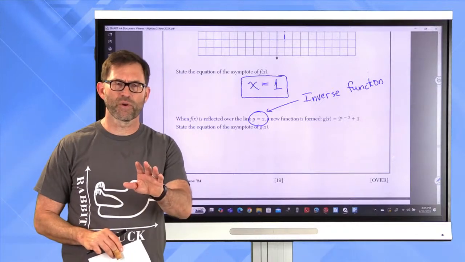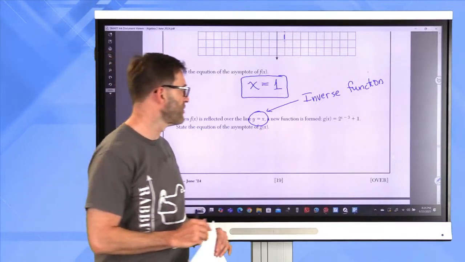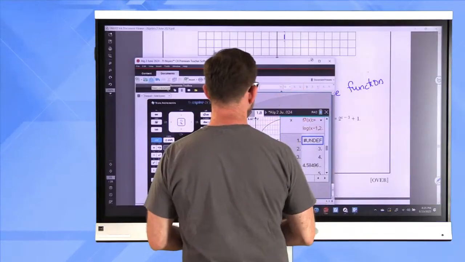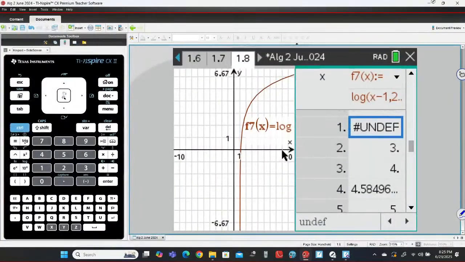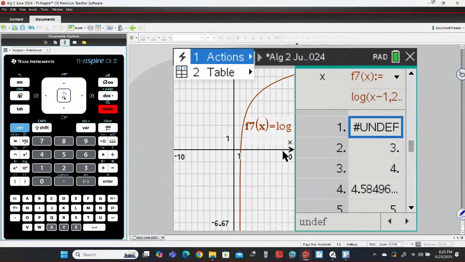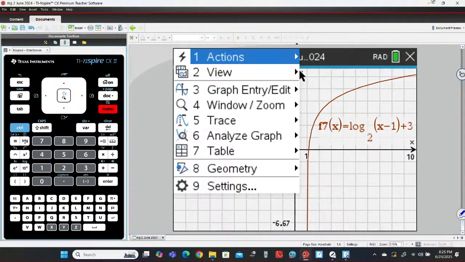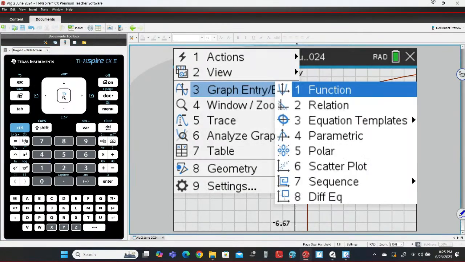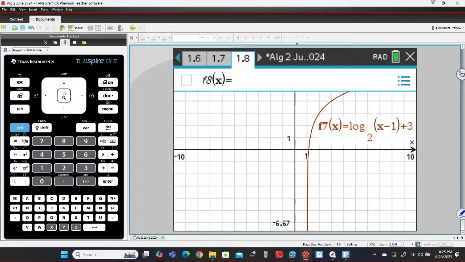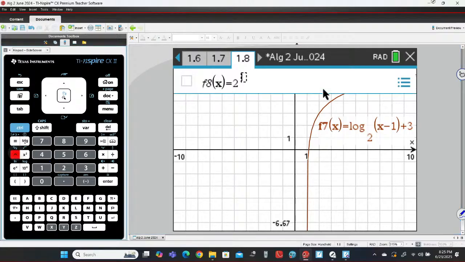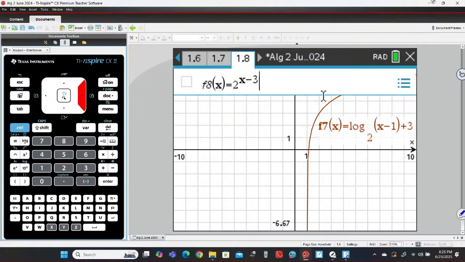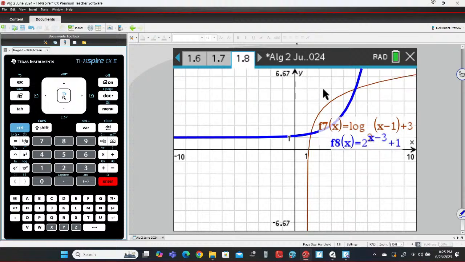So just for kicks, let's throw that one into the graph as well. Maybe it's not just for kicks, but whatever. All right, one thing I'm going to do is get rid of my table for right now. I'm going to remove my table, and I'm going to go into menu, entry. I want a function. One more, let's go 2 raised to the x minus 3 plus 1. And there it is. Let me move this